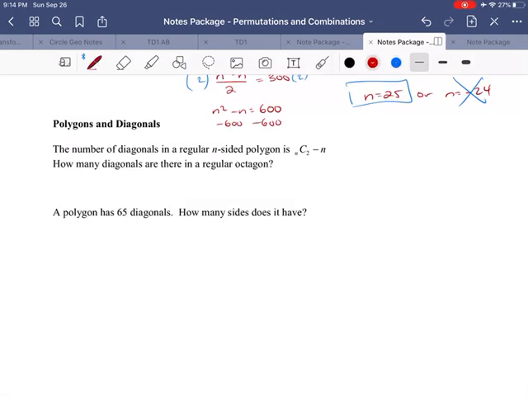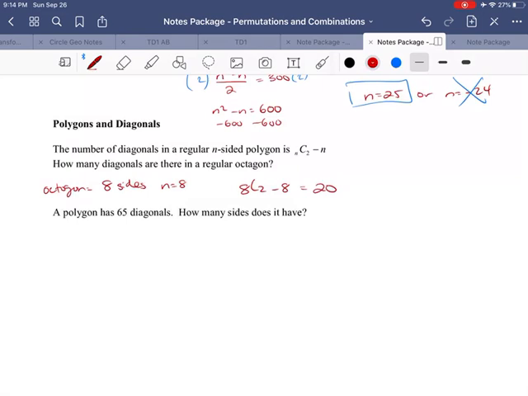And here's this last problem that we didn't do in class, so we'll do it Monday, but I'll include it in this video. The number of diagonals in a regular n-sided polygon is nC2 minus n. How many diagonals are there in a regular octagon? What do we know about octagons? Octagons have 8 sides. So n equals 8. So really we're doing 8C2 minus 8. And if you do that, you get 20